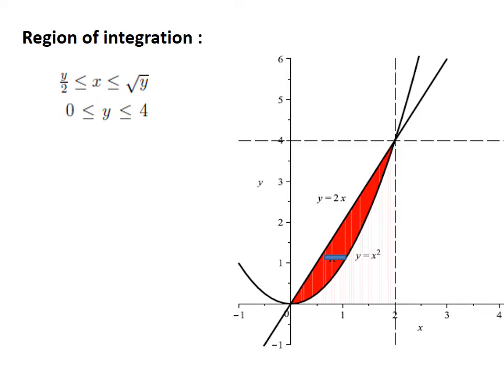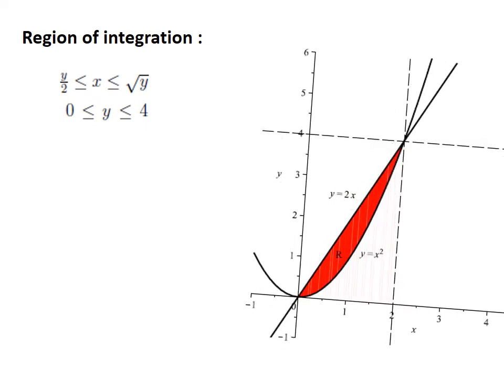Now we are going to see how to change the order of integration. Changing the order of integration, or reversing the order of integration, means the elementary strip dA is chosen as dy dx. Now you have to take a strip parallel to y axis. So if you take a strip parallel to y axis, we are going to fix the bound for y first.